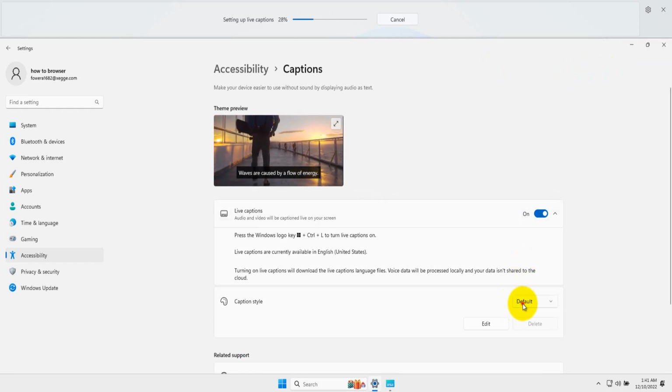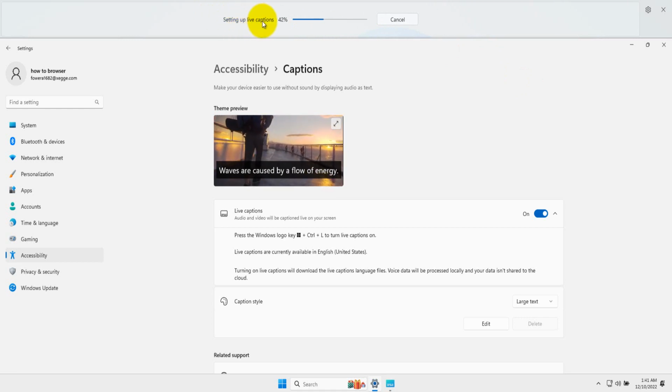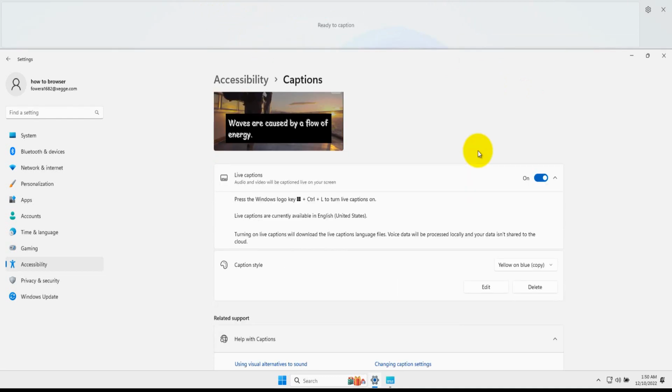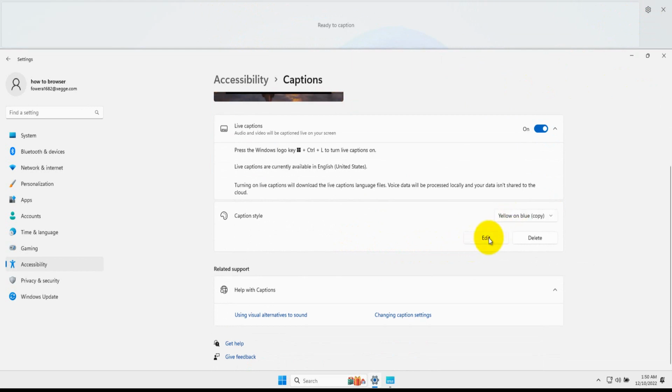You can customize style, white on black, small, large. I like large. And you can click on learn more if you want to learn more. But now let's just wait, setting up live captions. And just now you can click on this caption style, and from here you can customize